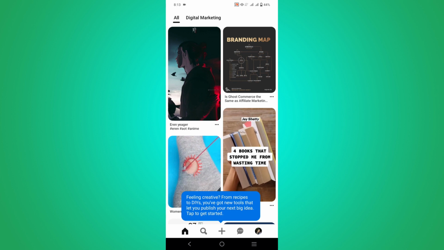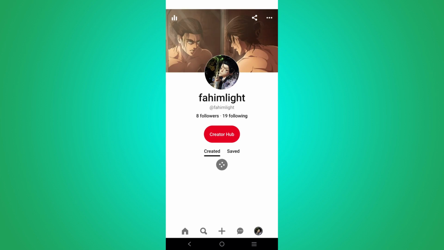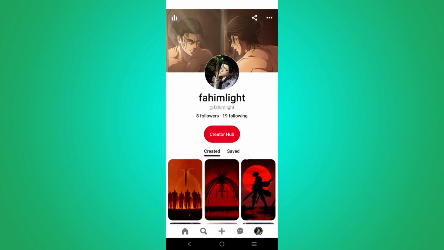Now all you have to do is click the profile icon on the bottom right, click here. You can see my profile is a professional profile. You can see the option Creator Hub. And now you have to click those three dots on the top right, click here